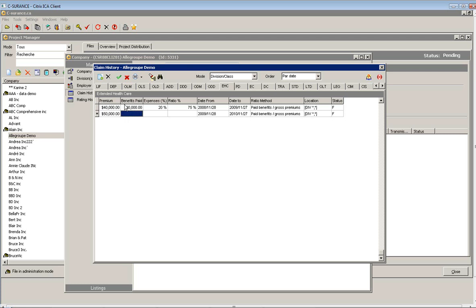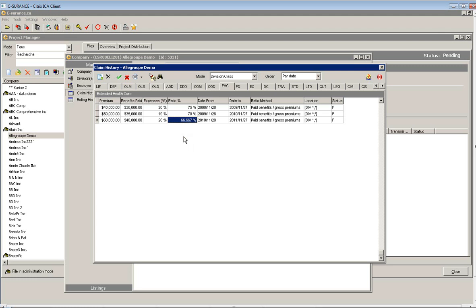We enter only 3 pieces of material, and the system will manage every other information for us. So therefore, as we are able to see, the system went from 2009, 2010. We calculated a 70% loss ratio, and then again, we simply throw in the third year into the system. Now, obviously, when you keep those information into the Allegroupe database and you go and renew the contract in the